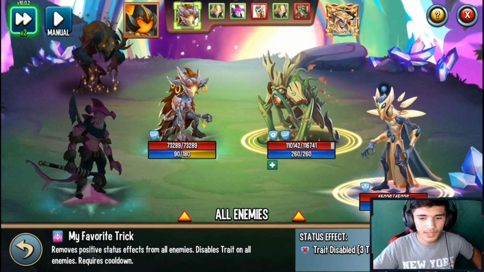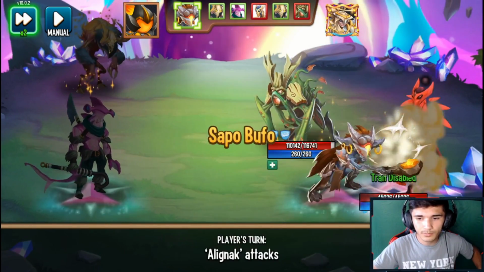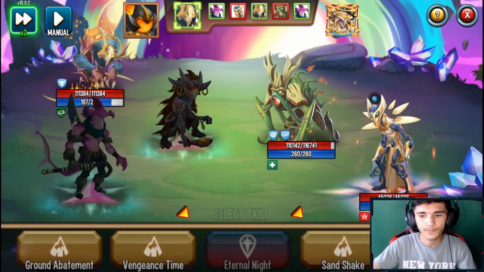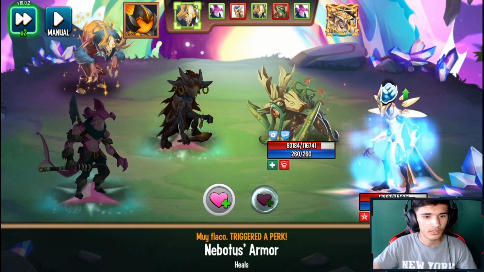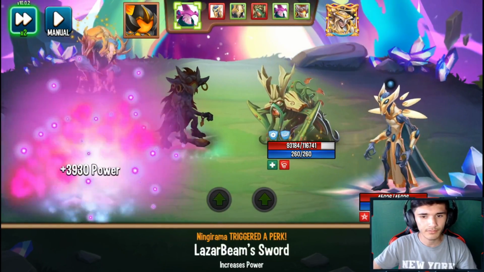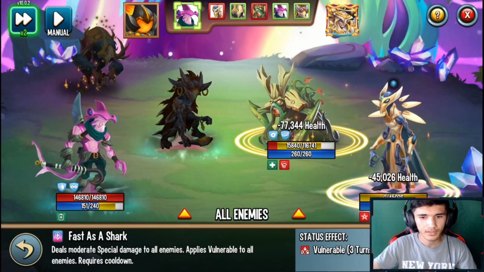So instead of going with that, what I'll do is single trait disable and also apply curse with quicksand here. And then I'll go with a sand shake. Cool. I think I could eliminate both of them with this one skill because this monster is pretty powerful. Yeah, if I use this,